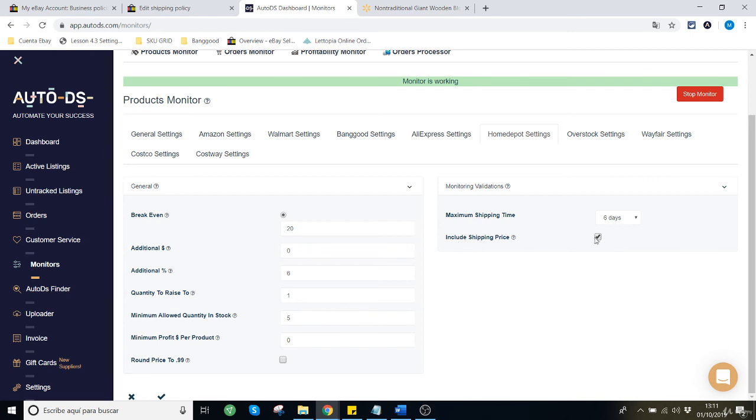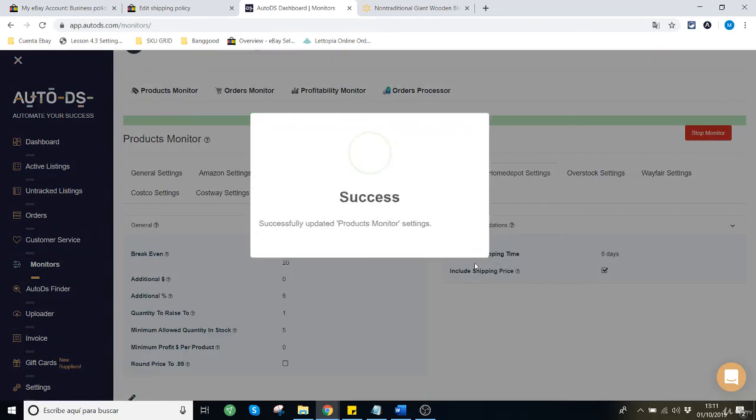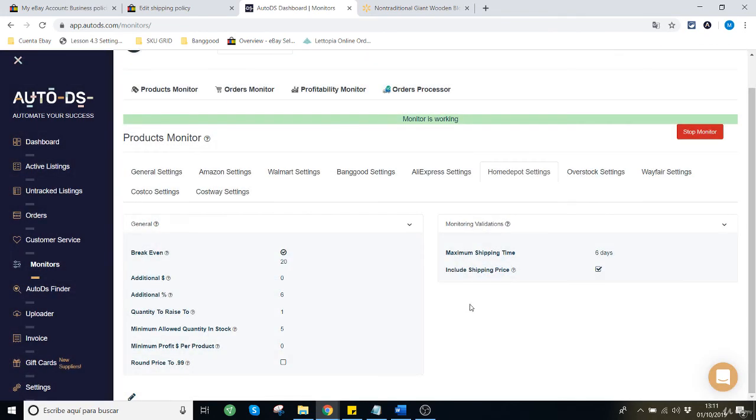So you make sure to check off this option so AutoDS can calculate the profit, also taking shipping prices into account. Click on the tick icon to change settings and to save your settings finally.